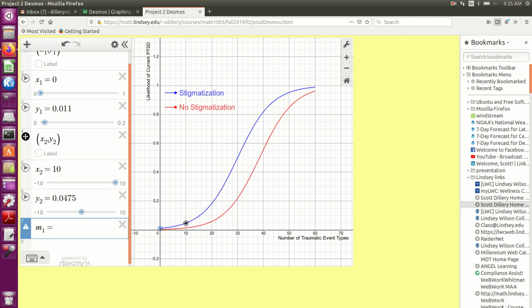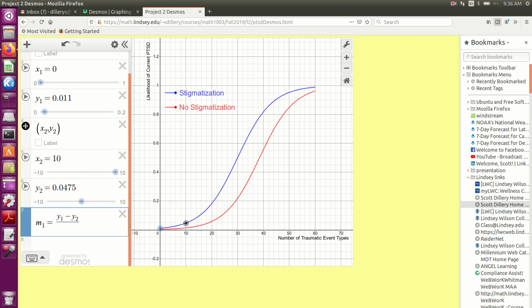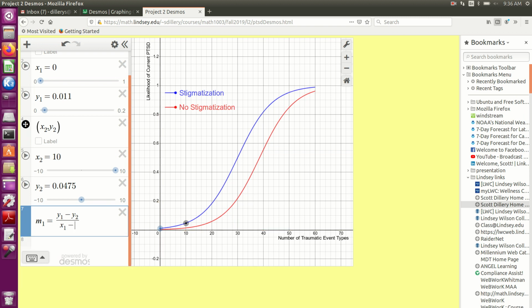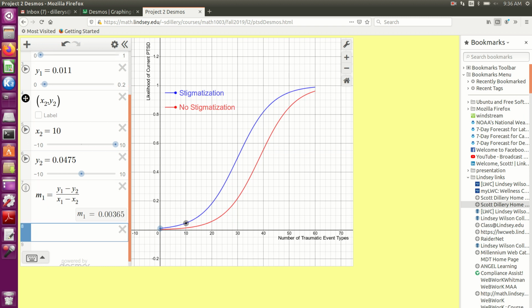Y1 minus Y2, so Y1 minus Y2. This is why it's nice to use those. And then, if I highlight the whole thing and hit the slash key for divide, it makes a nice fraction there, and I'll do x1 minus x2. And there it gives me my slope, and I know it's m1. So there's my slope, and at this point, then I can